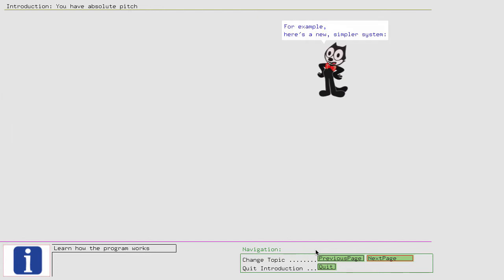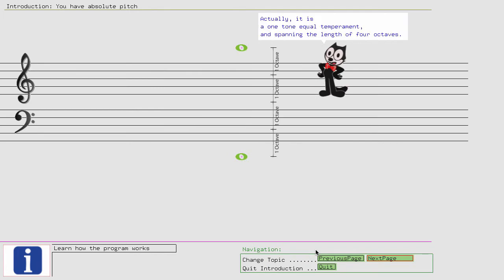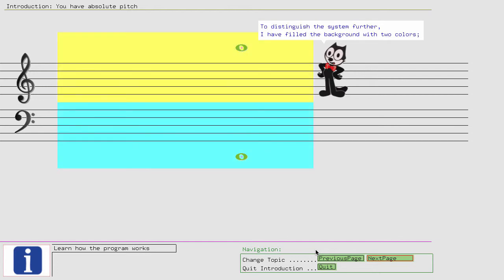For example, here's a new, simpler system, the 2-note system. Actually, it is in 1-pitch equal temperament, spanning the length of 4 octaves, but uses only 2 notes, a low note and a high note. To depict these notes in written form, we will use the same grand staff used in the equal-tempered system, but only as a notation system. The 2-note system does not know any notes on lines or spaces. To distinguish the system further, I have filled the background with 2 colors, and only these 2-note symbols are available: